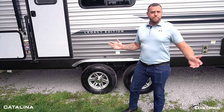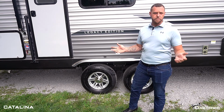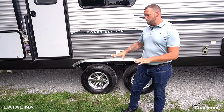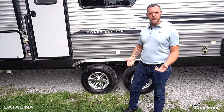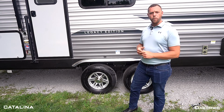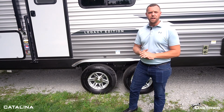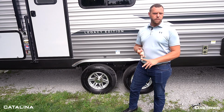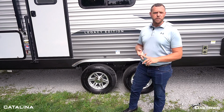Whether you're a first-time camper, just bought your new Catalina, or it's something you're interested in getting into and you want to learn a little bit more, the portion of this that I'm going to cover is some of the basics that we're going to do when we first get to our campsite and set up. Right away, we're still hooked up to our truck. We just backed into our camping area here, and we're going to start with leveling, and then we'll work on unhooking from the truck and hooking up the rest of our water lines, electrical,